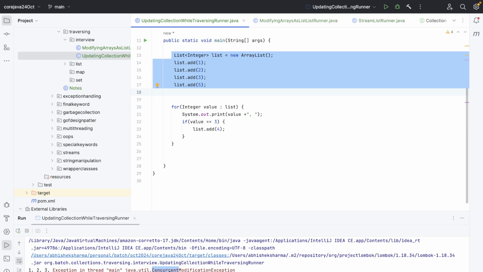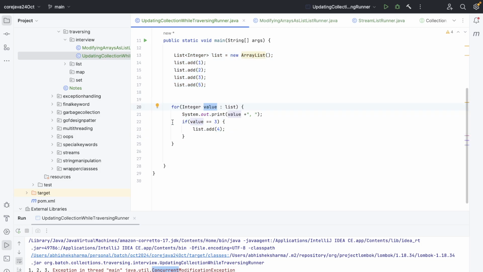So concurrent over here means that we are traversing the collection also, right? We are traversing the collection, and while traversing it, what we are doing is,